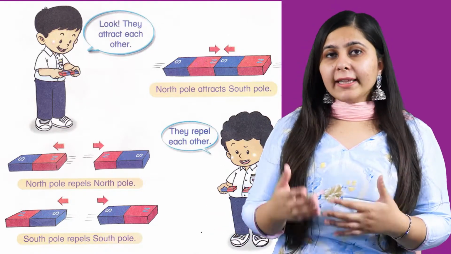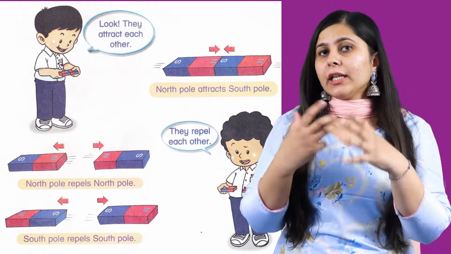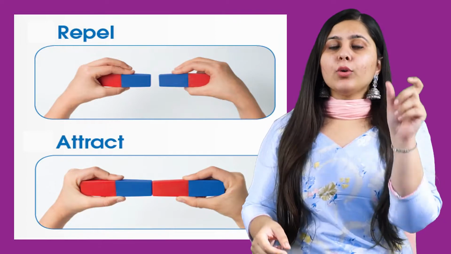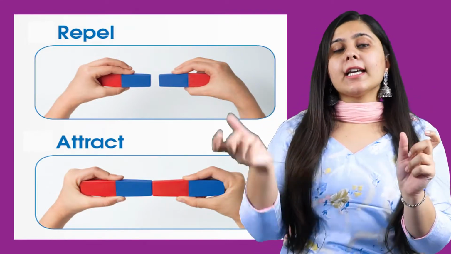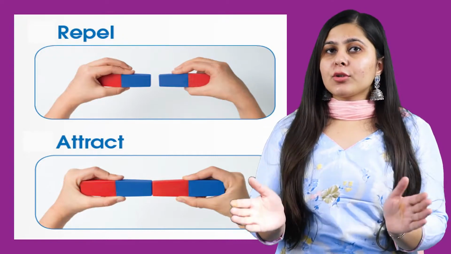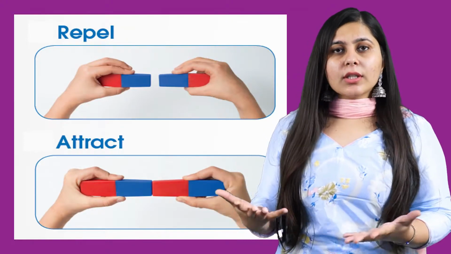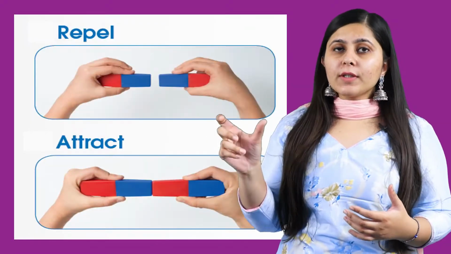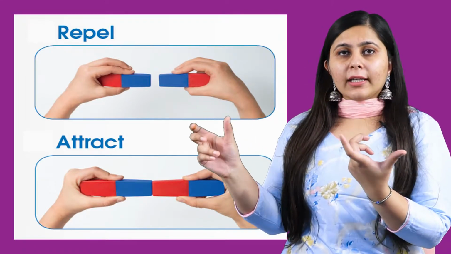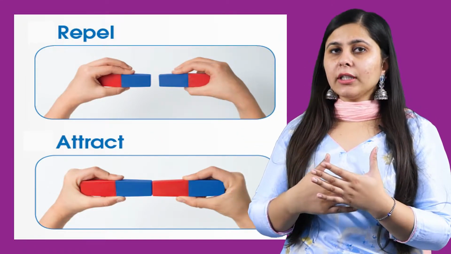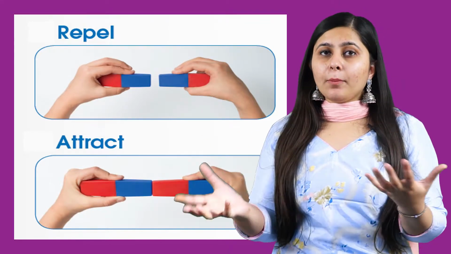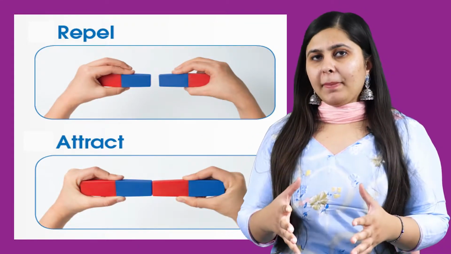So do you know why this happens, that they are not getting attracted? Because if you are bringing the like poles, that is, if you are bringing the left side of the first magnet and the left side of the second magnet, so they are like things, that means they are the same, so they'll repel each other, because this is we know by Newton's law also, that opposites attract. So the same thing is happening: if the opposite sides of the two magnets are brought closer, they will attract each other, and if the same sides of the magnets are brought towards each other, they will repel each other, right?